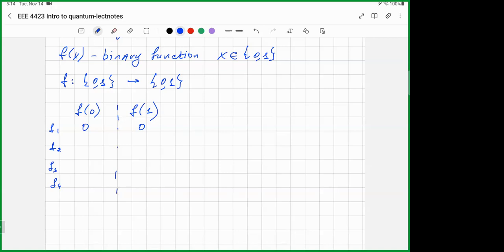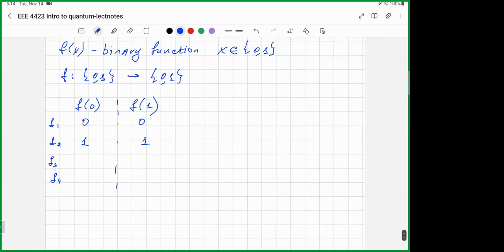And also, if this one is 1 and this one is 1, this is another type of function. And we also might have this type of function and this one. So there are two types of function here. The first and the second one, these two are constant